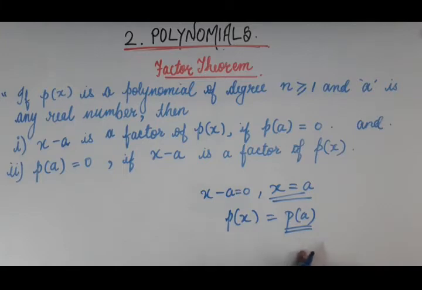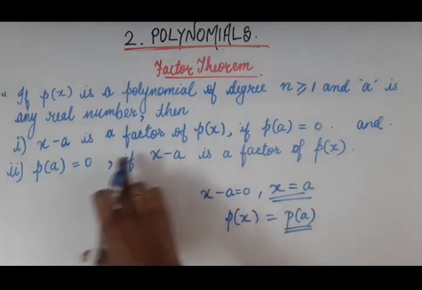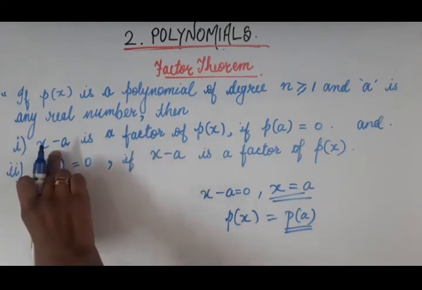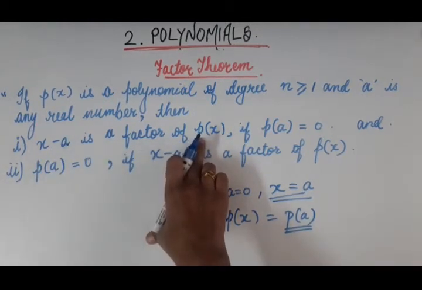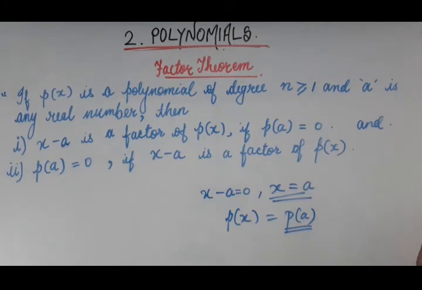We have solved many questions in the previous exercise to find remainder using remainder theorem. So p of a is the remainder, right? If we put the zero of the divisor in the dividend, we get the remainder. So if the divisor x minus a is a factor of p of x, then its remainder is 0. Now using this we have solved one question already, the last one in the previous exercise. To find whether the divisor is a factor or not, we have to find the remainder. If the remainder is 0, then it will be a factor, right?